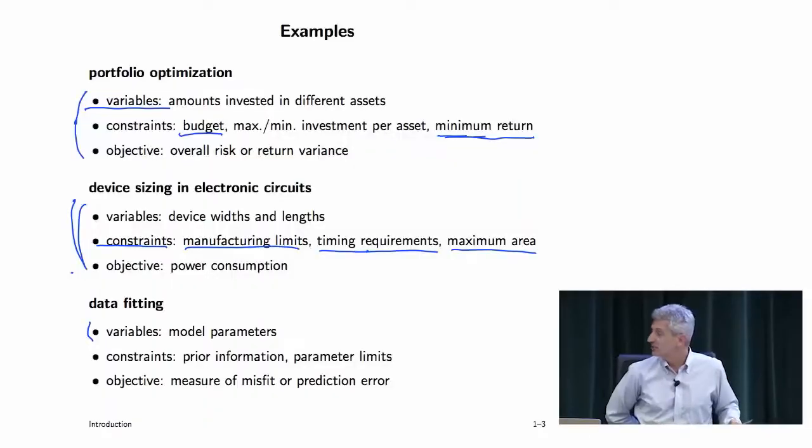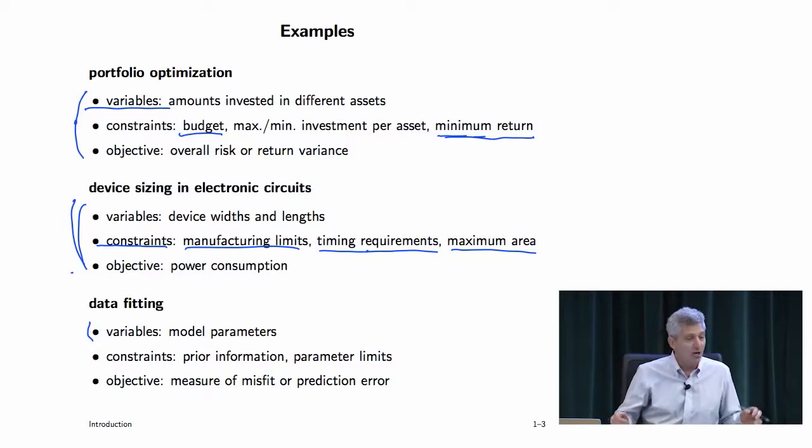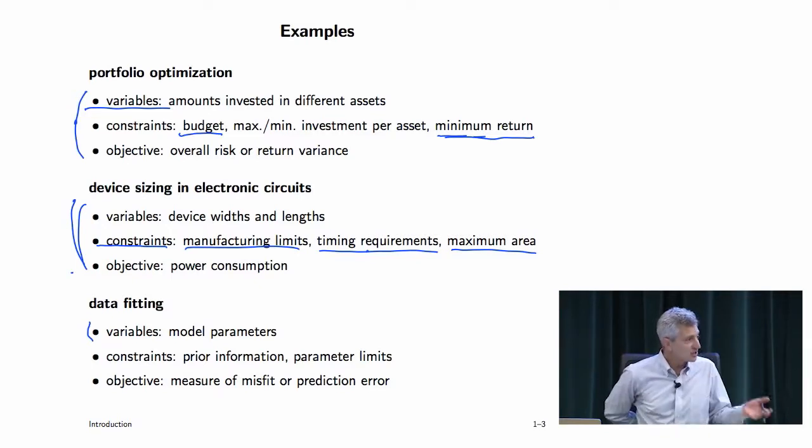Okay, and the same is true here for device sizing, right? You finish the optimization, and the result is this gigantic file that describes physically your chip, and that gets sent off to TSMC or wherever it's going, right? So that's how that works. It gets sent to a fab to be made. Okay, so these are actions.